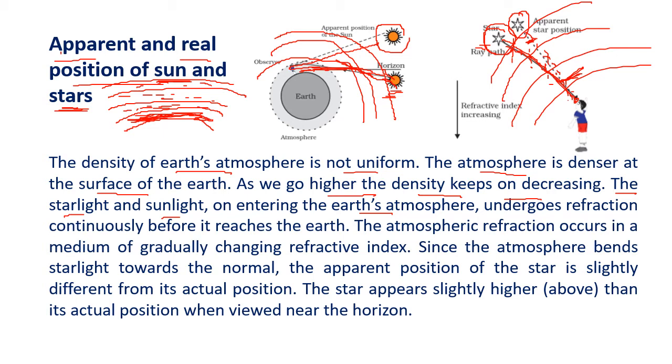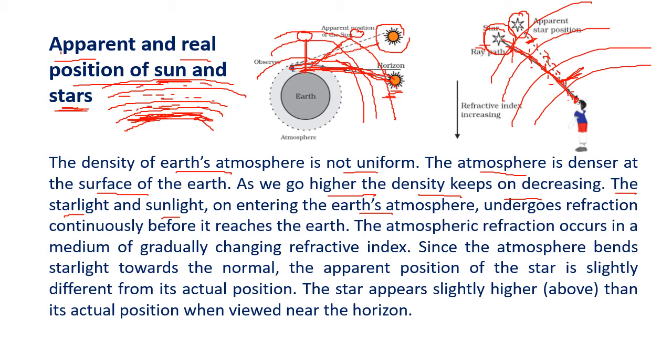Now you will say, why horizon? You can see here, when the sun is at the horizon, it travels a longer distance. So bending is more. As the sun rises in the sky, the distance traveled is less, so the bending is less. When the sun is actually overhead, the distance is less, so the sun will not be seen in the apparent position, but almost in the real position. So why this happens, I hope it is clear to you.